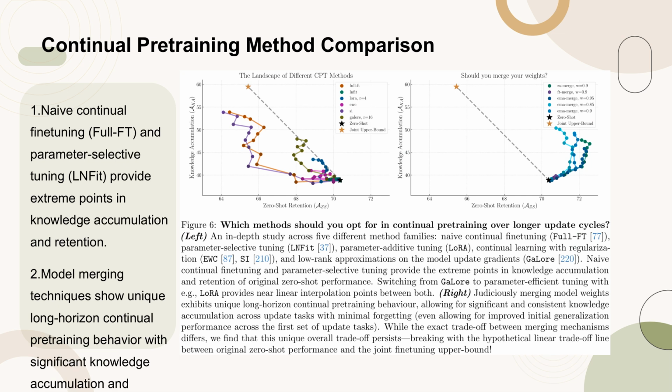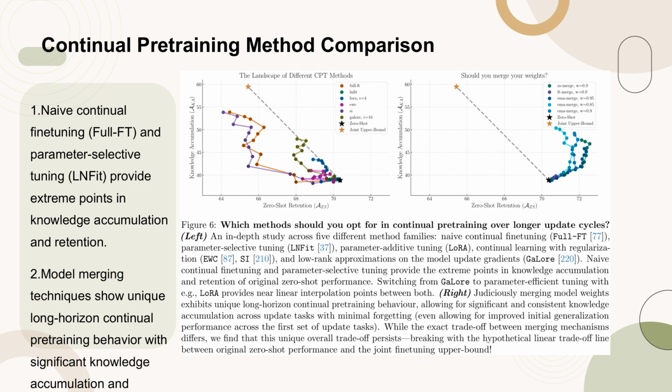The left panel compares 5 different method families: naive continual fine-tuning, full FT, parameter selective tuning, LNFit, parameter additive tuning, LoRA, continual learning with regularization, EWC, SI, and low-rank approximations on the model update gradients, GaLore. It highlights that naive continual fine-tuning and parameter selective tuning represent the extremes in terms of knowledge accumulation and retention